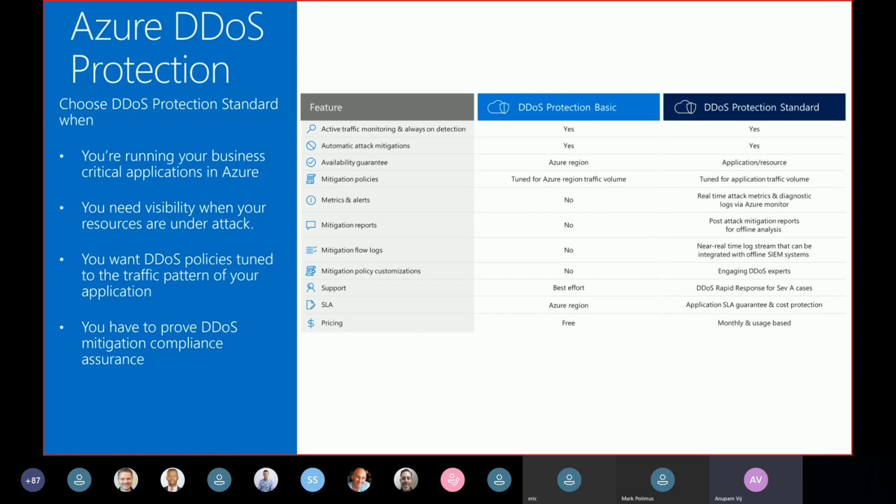protocol attacks. The key difference is in terms of the availability guarantee. With DDoS Protection Standard, we provide that availability guarantee that during the time of a DDoS attack, your application or resource will not go down. And the reason we guarantee that is because the DDoS mitigation policies that we tune are tuned for your application's traffic volume, versus with DDoS Basic, the mitigation policies are tuned for the Azure region traffic